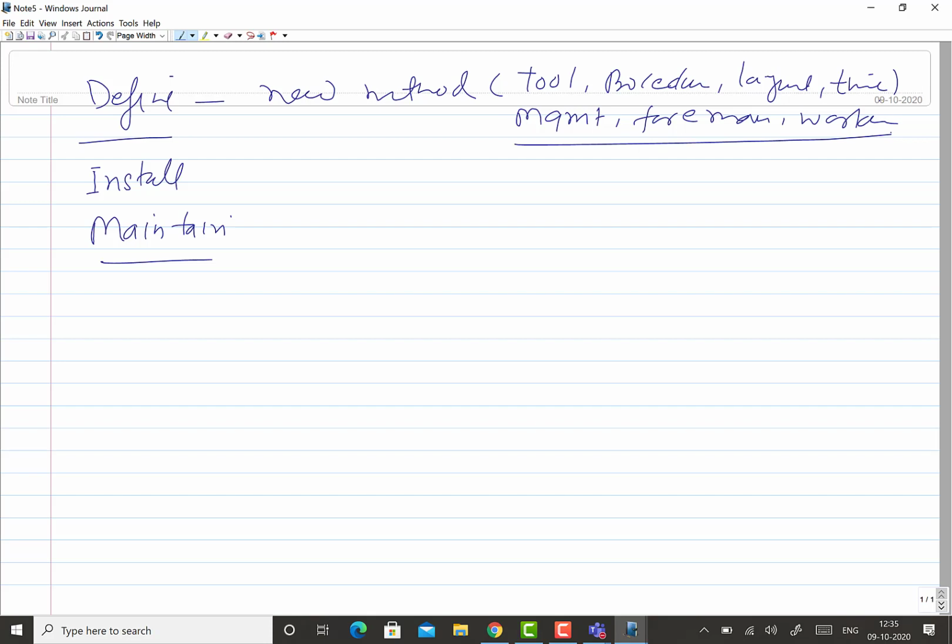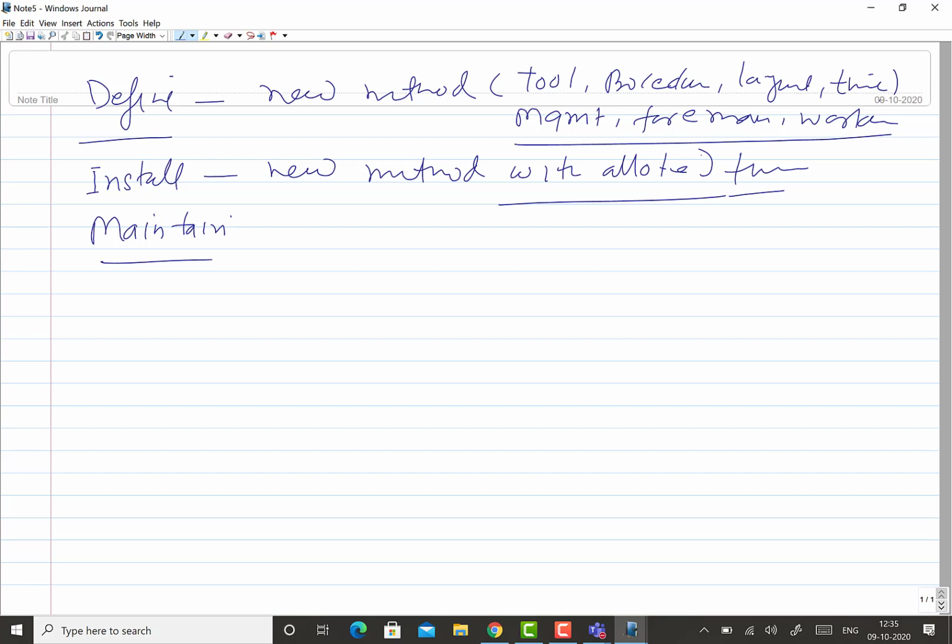Installing the new method is about whatever procedural formalities are there for implementing the new method with the allotted time, so that is identified, and everybody has to agree upon this.